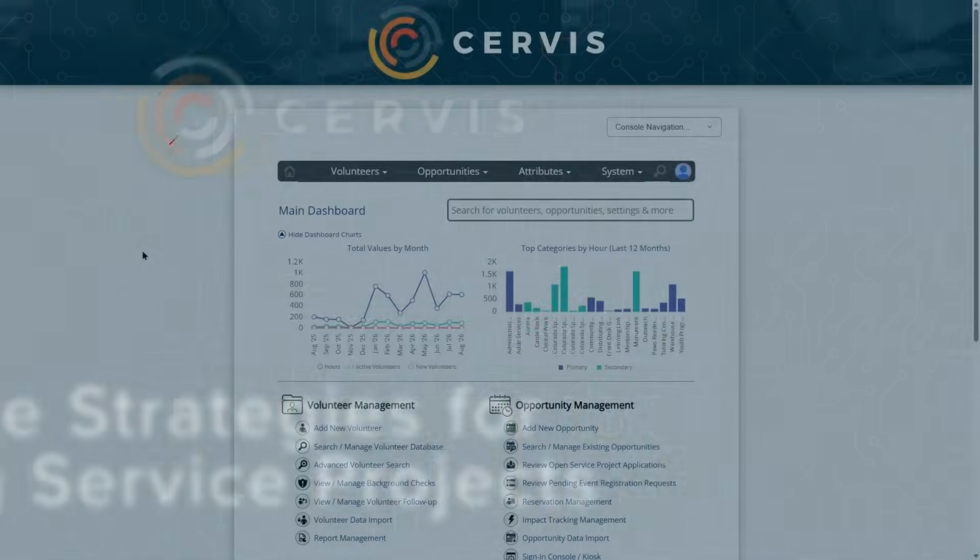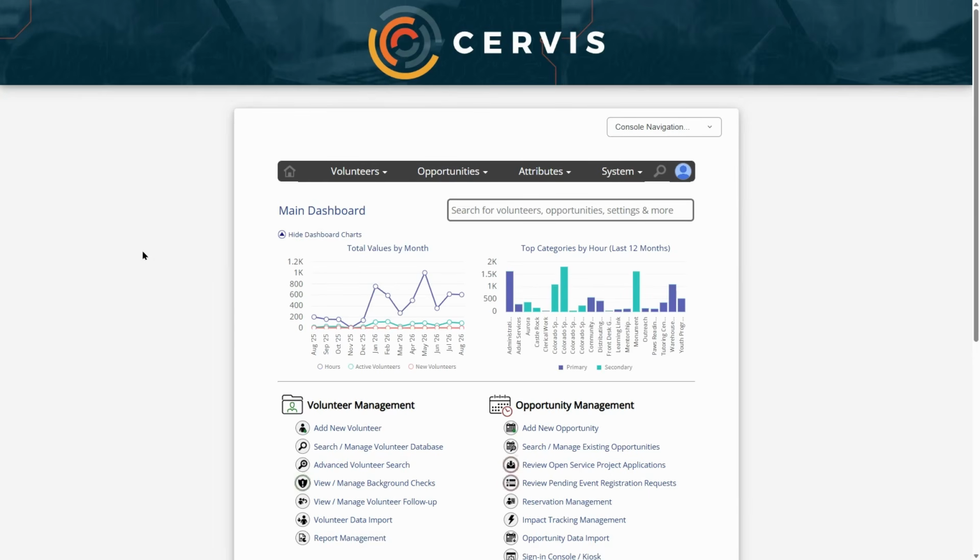Today, we will be looking at all the different ways that you can utilize service projects within your console. So we'll begin, of course, with some definitions. After that, we'll move into some examples and different ways that you can utilize service projects, kind of what opportunities benefit from that type. And then from there, we'll walk through the different methods that service projects can be used